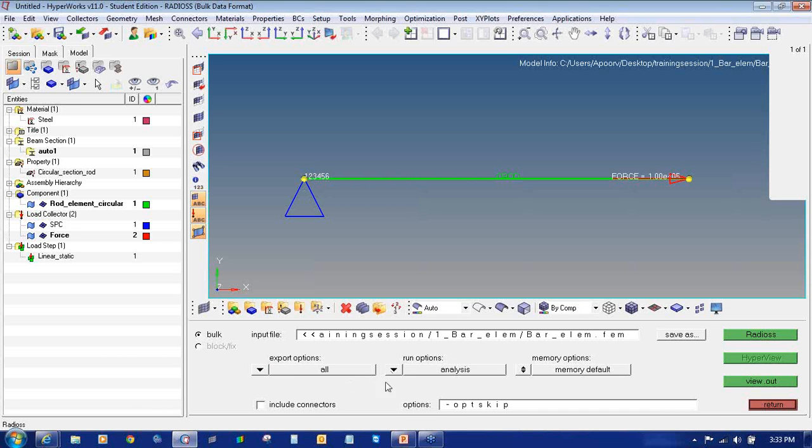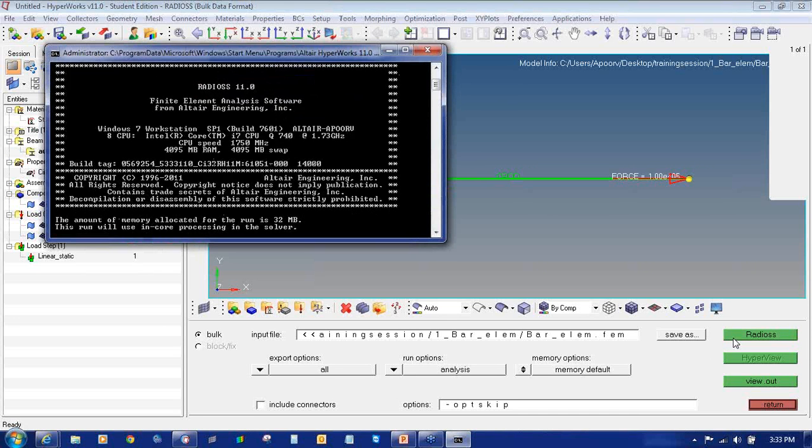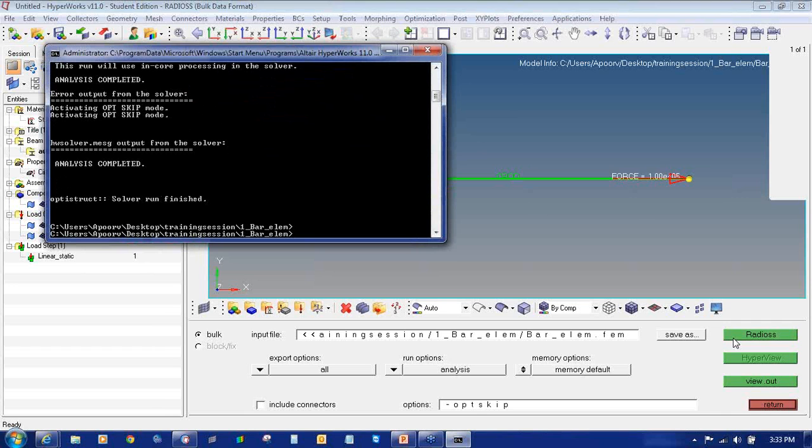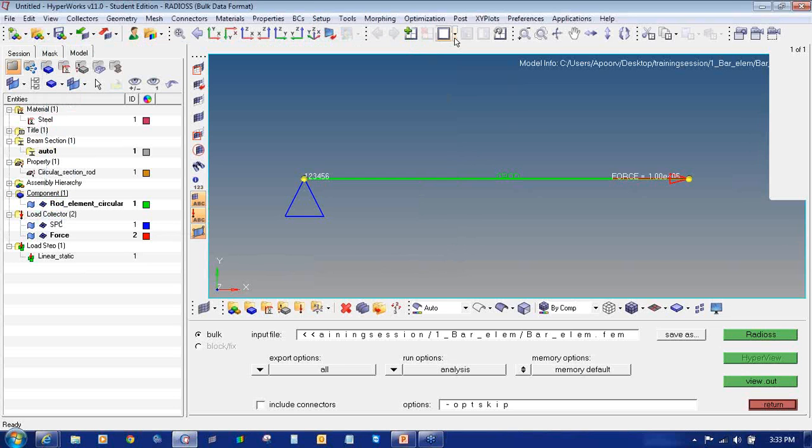Sometimes this option is to check the element quality and whether the model is ready to run or not. So we don't want to check, we just want to run this model. And memory option to default memory and click on Radioss. Once you click on Radioss, it will start the solver process and it will show the message as analysis completed. So once this message appears on your screen that analysis completed, then click close window and